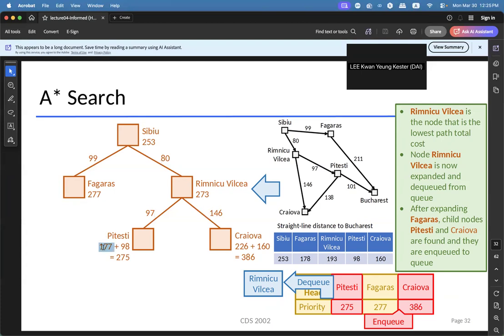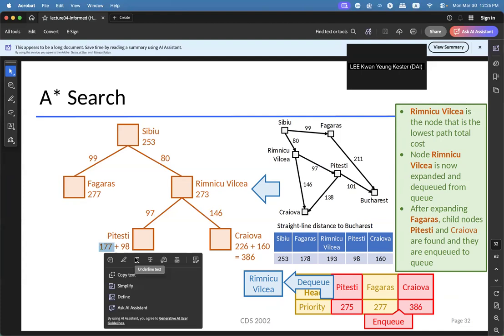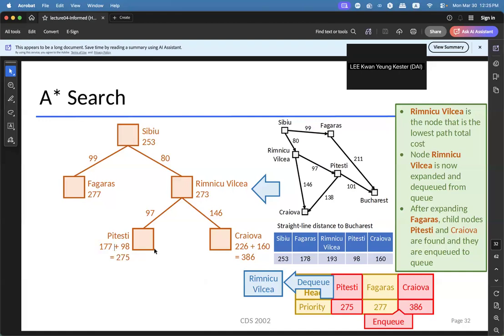So 177 will be the cost from CBOO to p-test in the search tree. Then you go back to the heuristic table, get the heuristic value for p-test and copy it here, add the two numbers together, and you will get the overall estimated cost of p-test.